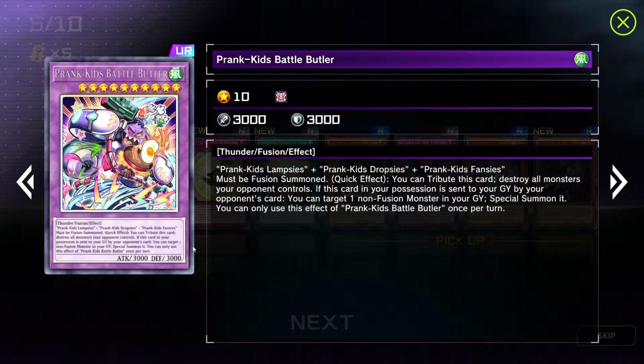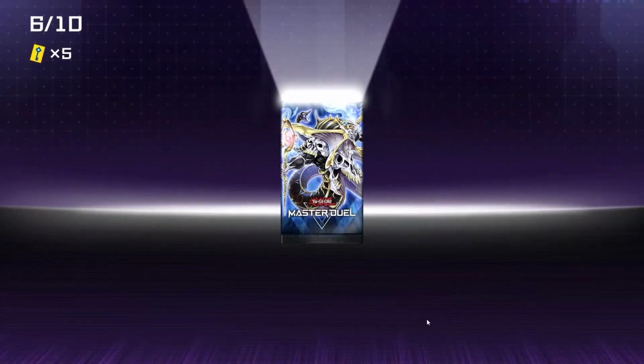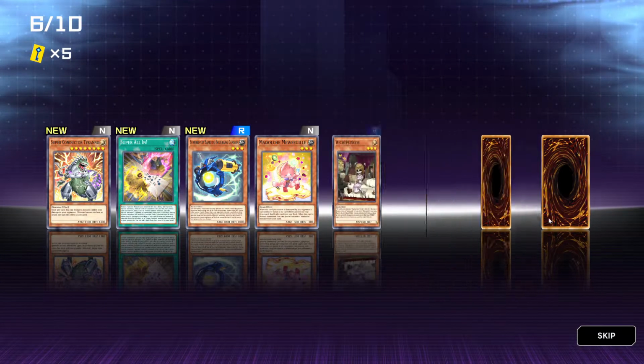Big swing, blow up the whole field. For 3 cards, I don't know how easy it is to get Lampsies, Dropsies, and Fancies on the board, but if it's easy, well then, oof. I know Prank Kids is popular, so...